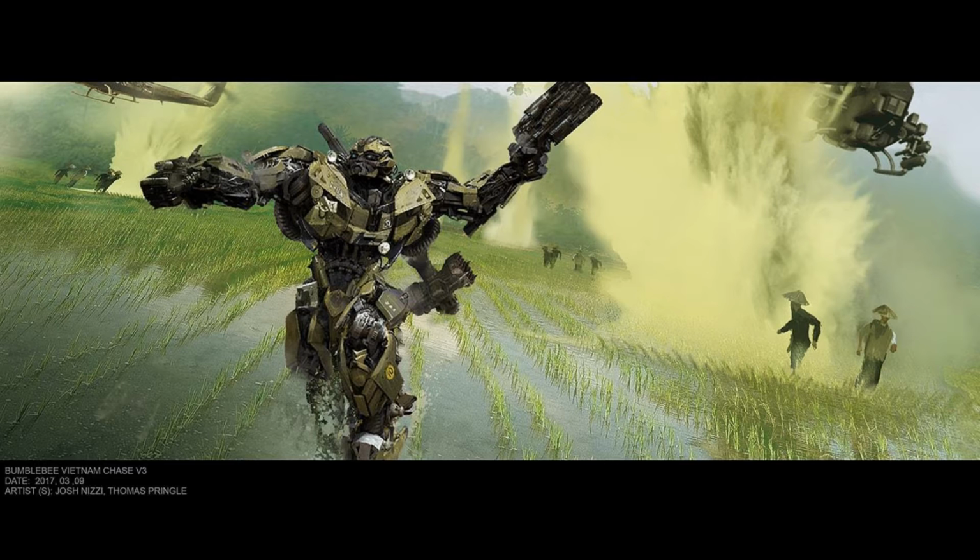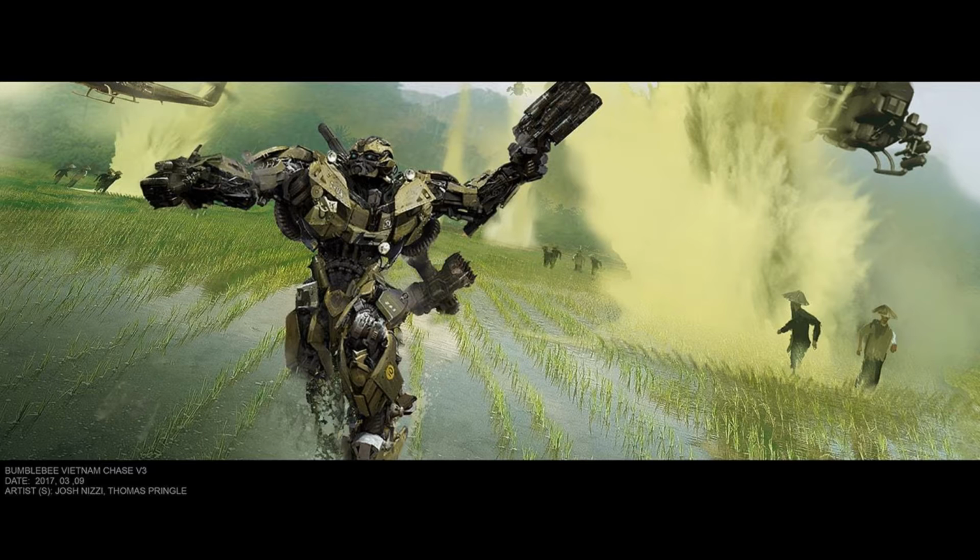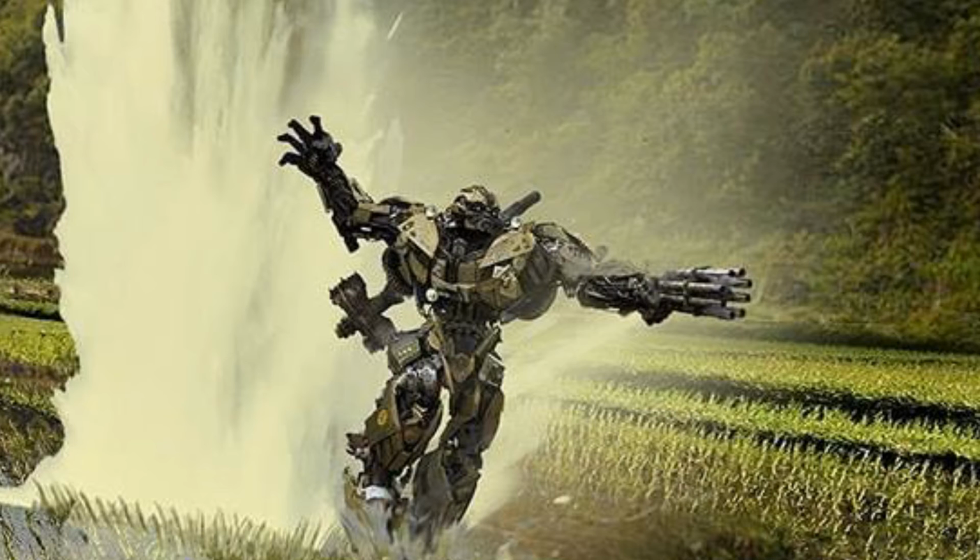Honestly, this toy's so bad he's giving me Vietnam flashbacks. Wait, seriously? That's not fan-made. Somebody on the movie team actually thought that was acceptable. What the f***? Welcome to the rice fields, mother